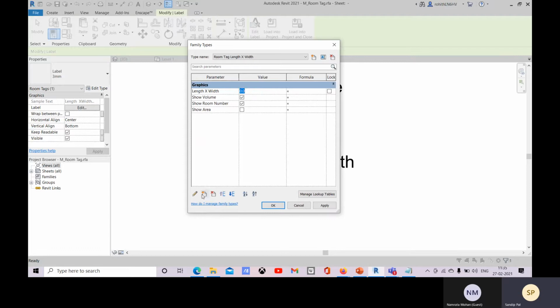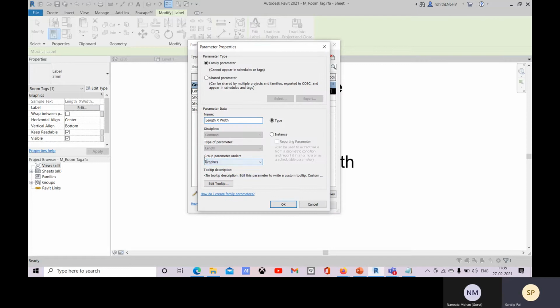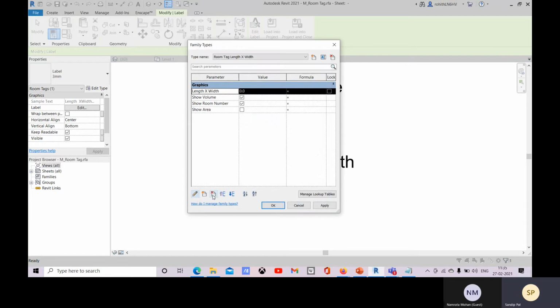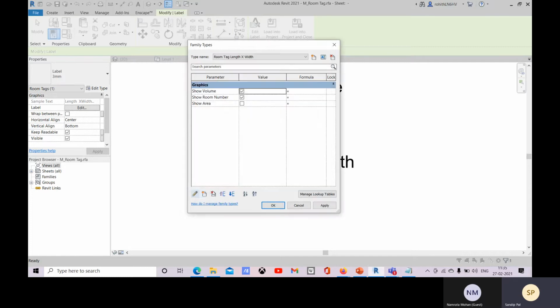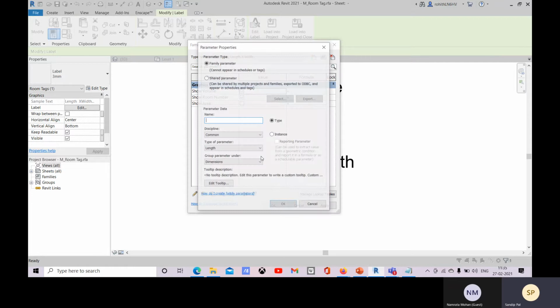So there you can see it will be yes or no. So you edit it. Sorry. Yes. While creating it, the type of parameter should be changed to yes or no. So I have already done it. I have to delete it. So graphics, sorry, create new one.